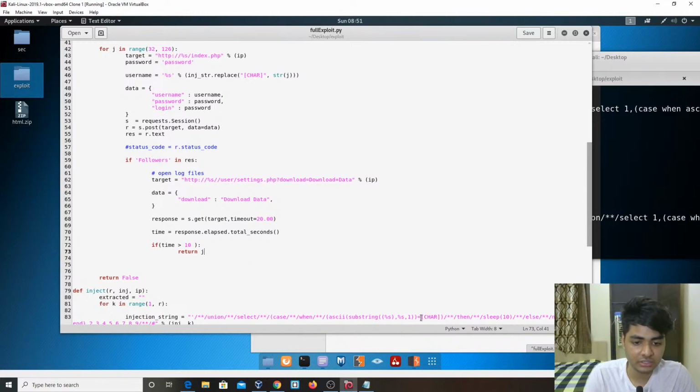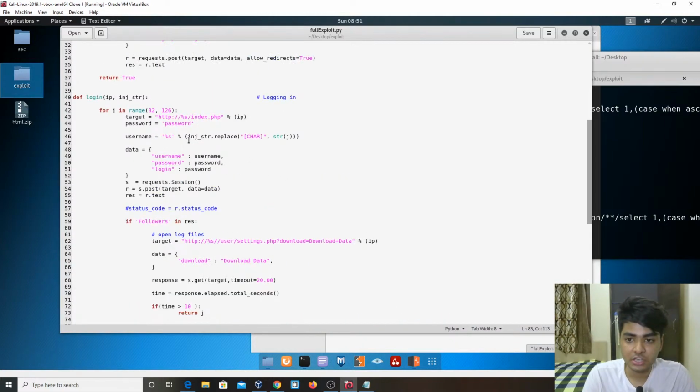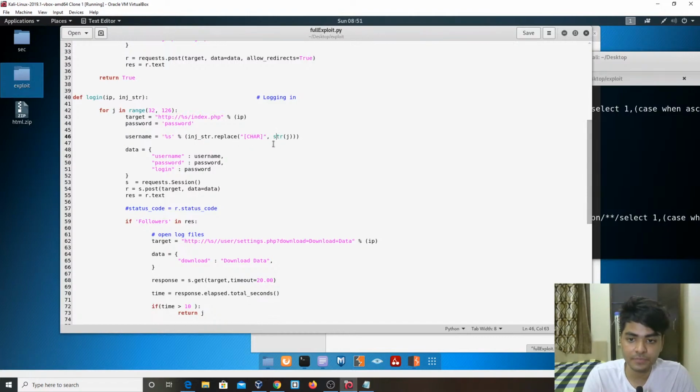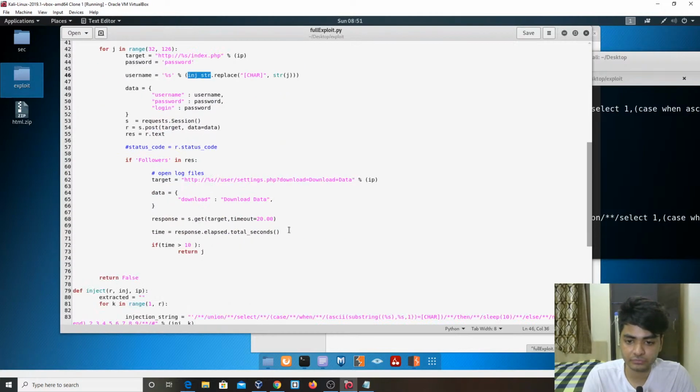And one more thing, you might be confused about what this is. What's happening here is we are replacing this whole part by this string j. This string j is the ASCII character, which will be between something, and our username will be